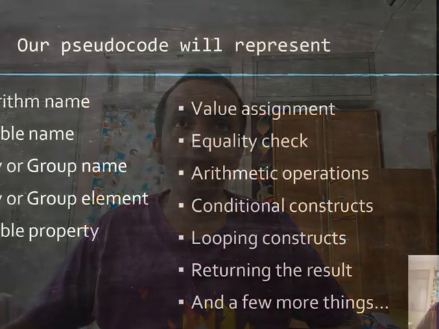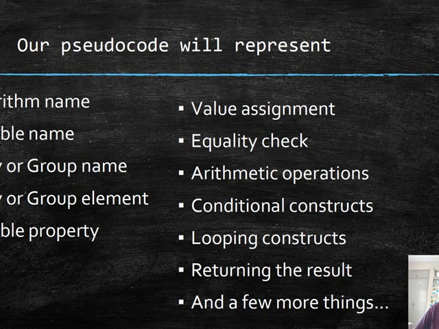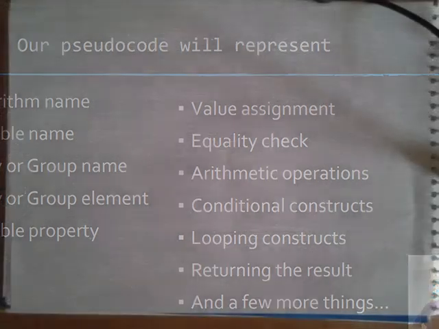Let's start. So now we are going to look into the example for algorithm representation, and I hope that you remember from the previous video that we were going to talk about 11 different aspects of algorithm representation. So first we want to give a name to the algorithm. So let's start with a hands-on example.